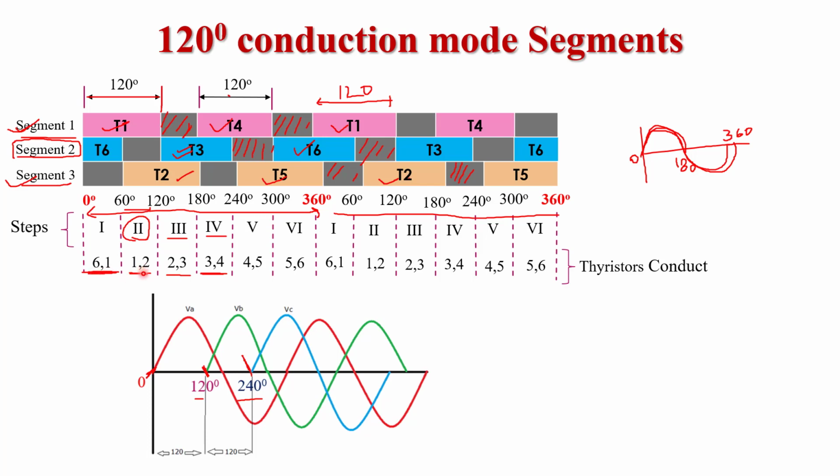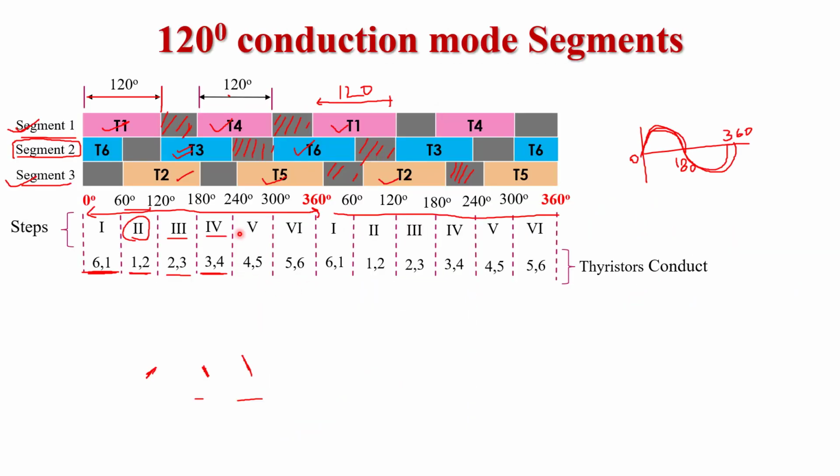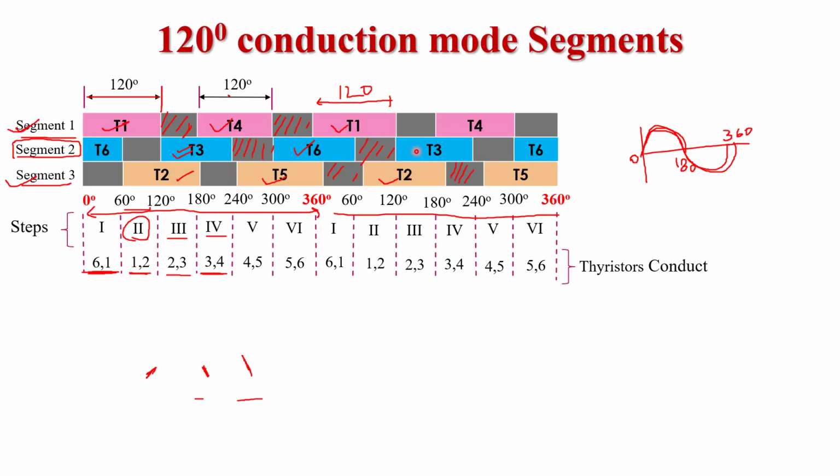Again, in step 2, two thyristors are conducting, 1 and 2, 1 from the positive group and 2 from the negative group. Again, in step 3, two thyristors are conducting, 2 and 3. So here we see in the diagram 2 and 3. 3 is from the positive group, 2 is from the negative group. Again, in step 5, 4 and 5 thyristors are conducting. So 4 is from the negative group and 5 is from the positive group. So we conclude that in every step only 2 thyristors are conducting, 1 from the positive group or upper group and 1